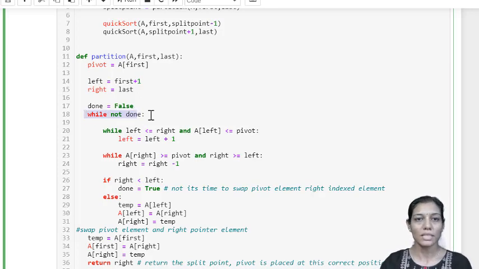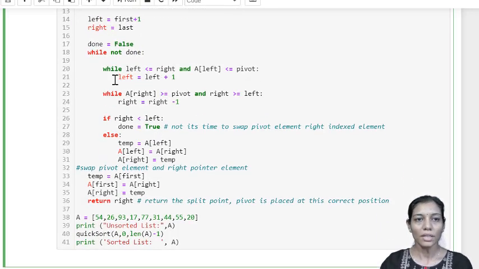So while loop will execute and continue till left is less than or equal to right and a of left is less than or equal to pivot. Till then we'll keep incrementing our left pointer till we find an element which is greater than the pivot.